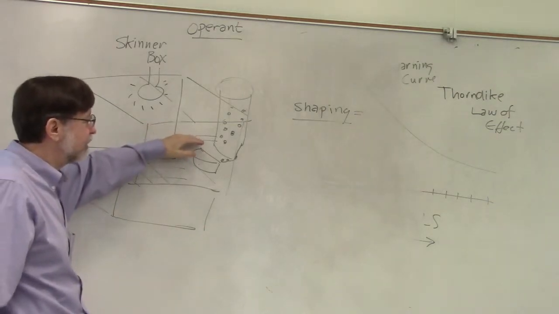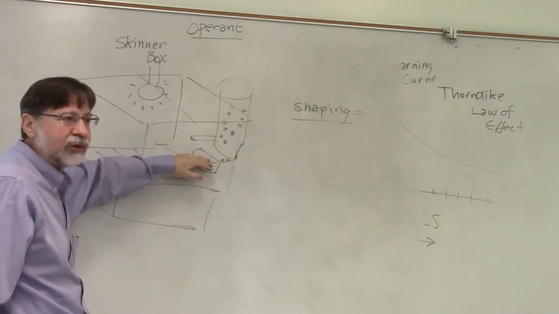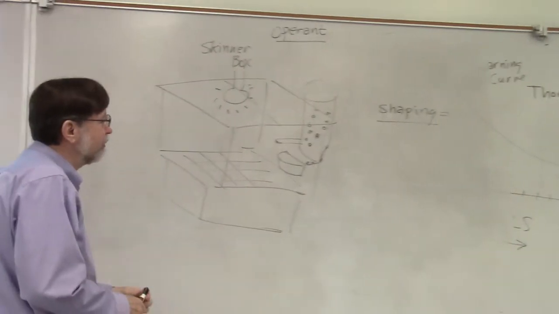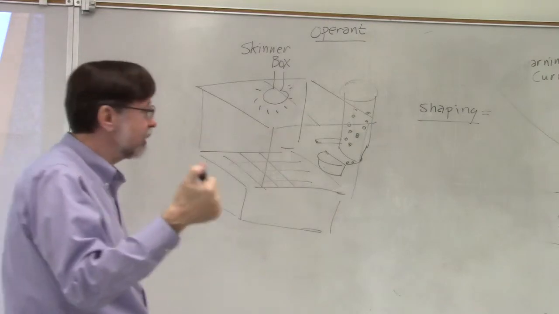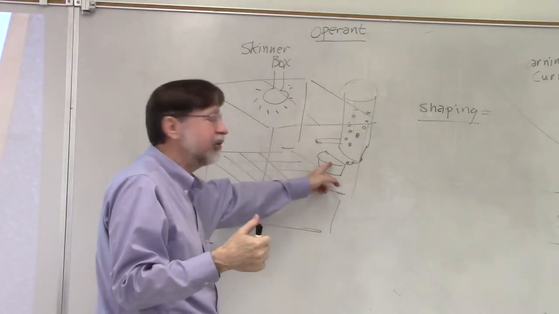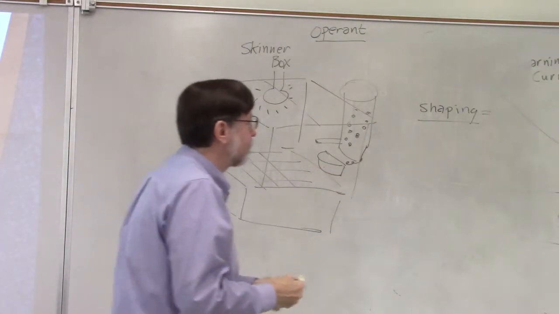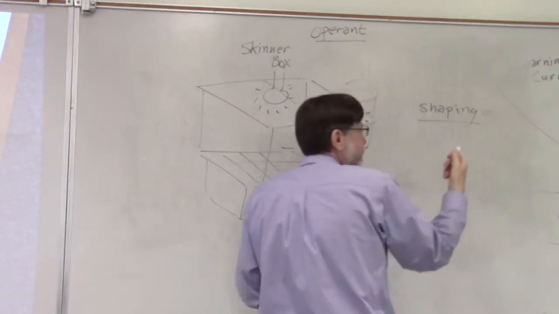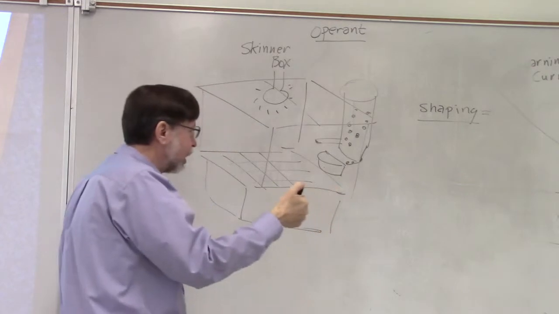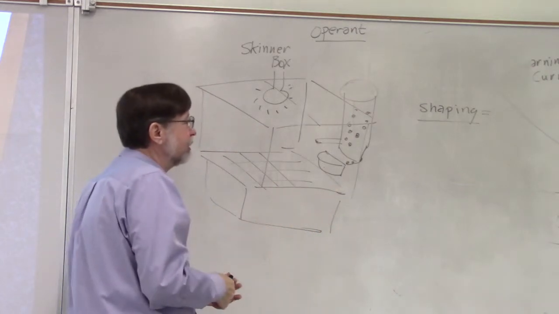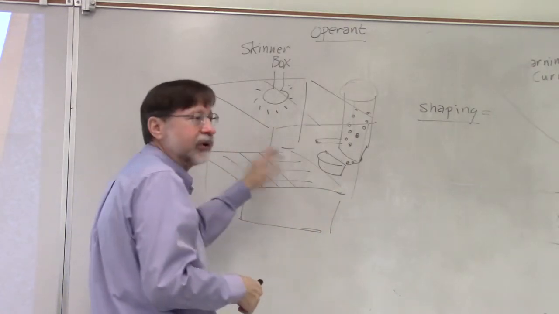You want to train the rat to press the bar, and you want to use food as a reinforcer. Food is a primary reinforcer. So we've got a wire coming out of here with a button we can push, and if we push the button, it'll go click and release a pellet of food. So if I push this button, attached by a wire to this device, it'll go click, pellet of food comes up there. So what we do is we just watch the rat for a while.